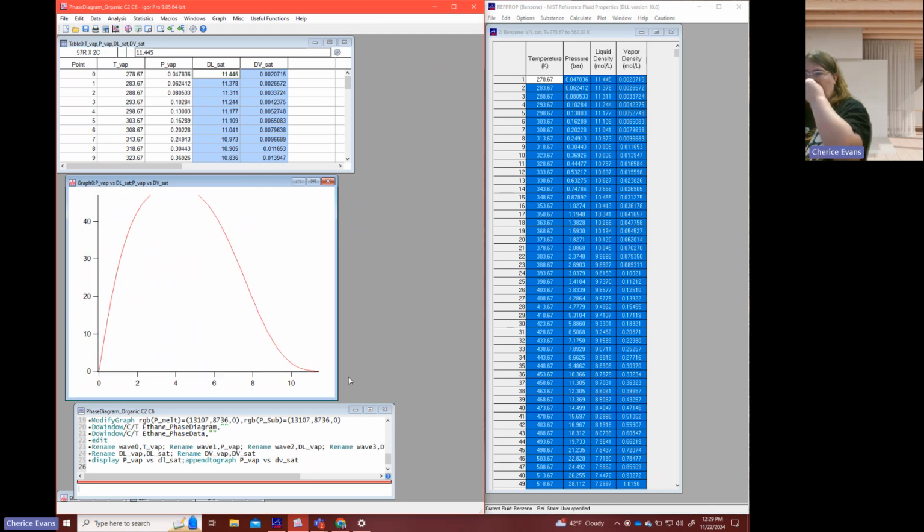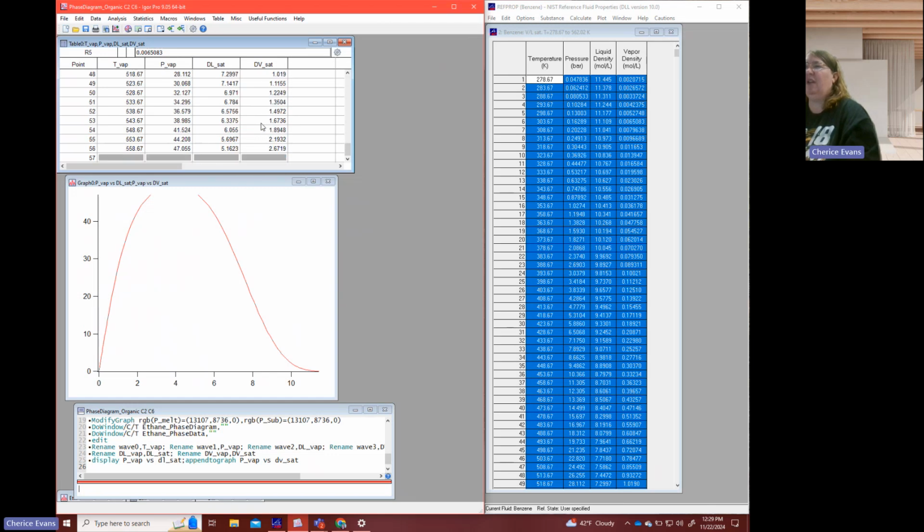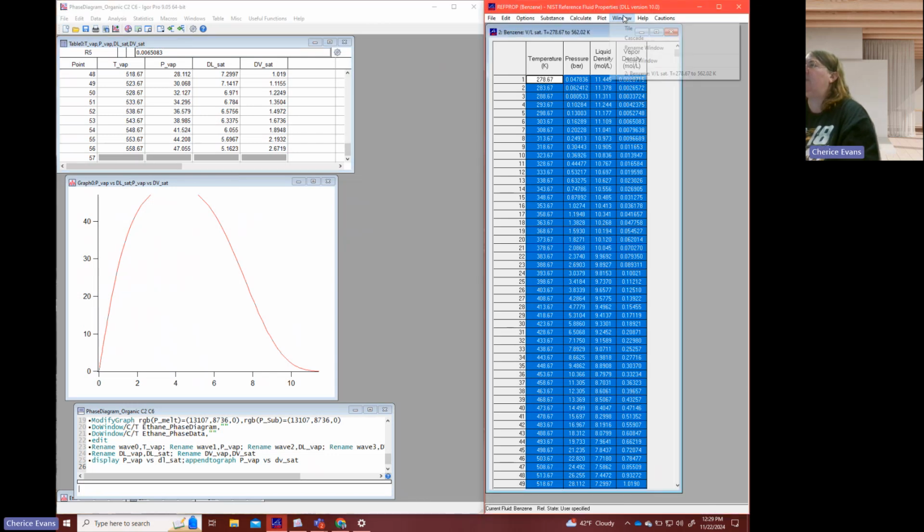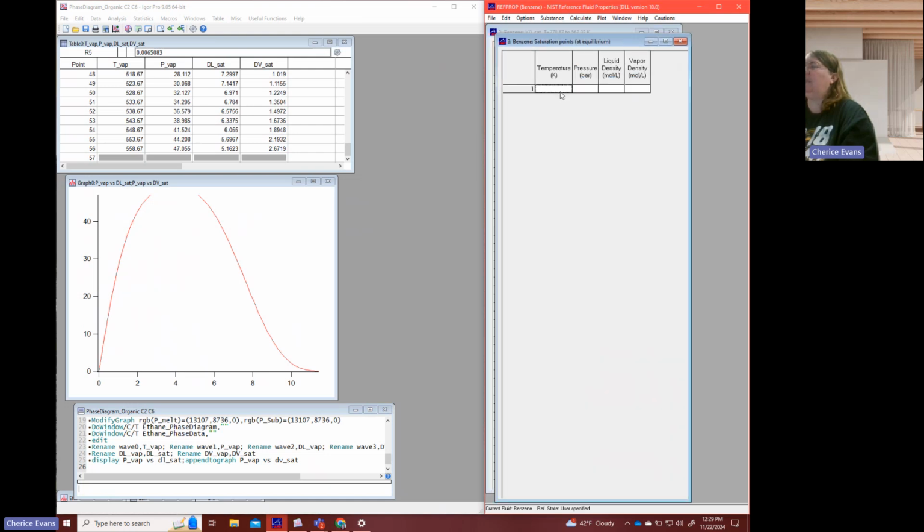So that's the starting curve. And just like before, we have that big gap at the top, and now I'm going to step into that gap. My critical temperature was 562, and you can see I don't have a 562. So now I'm going to go to calculate saturation points at equilibrium,